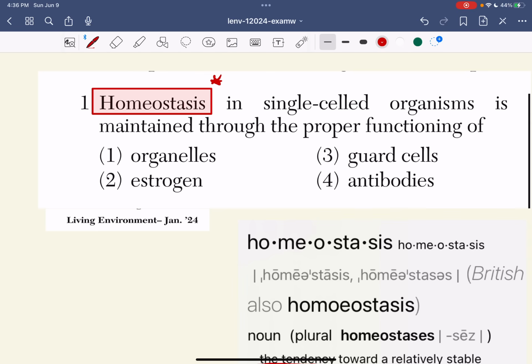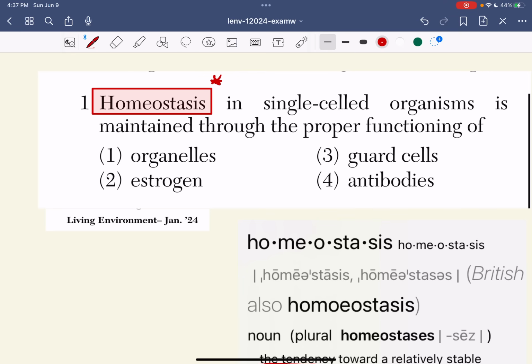For example, how are you feeling right now? Do you by any chance have a fever? If you do have a fever, sorry about that, but you are not at homeostasis. You're not stable. Your temperature is not normal. That is not an equilibrium. That is not stability. Do you not have a fever? Are you feeling okay? Is your temperature around 96, 97, 98 degrees Fahrenheit? If it is, you're stable. You're at equilibrium. You're at homeostasis. Okay, so homeostasis is an internal, stable environment so that everything can work the way it's supposed to.